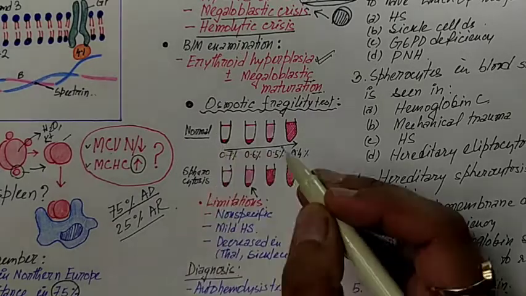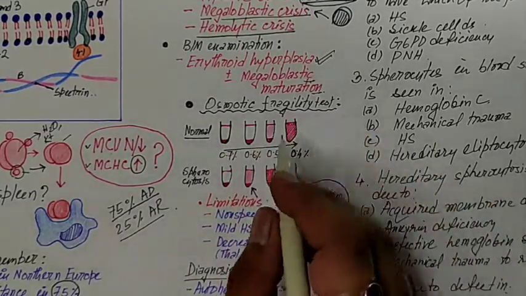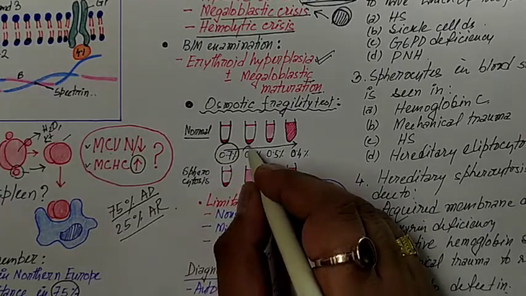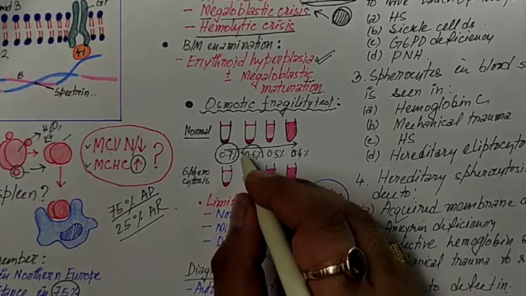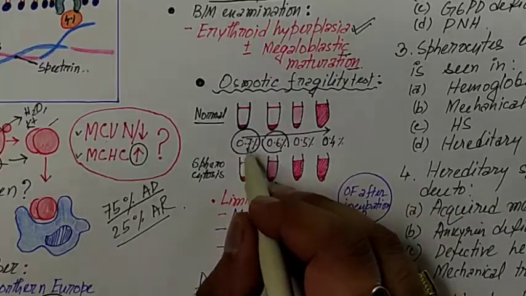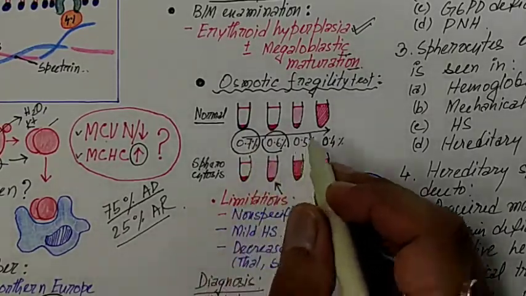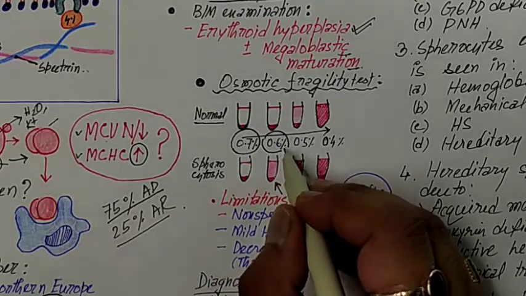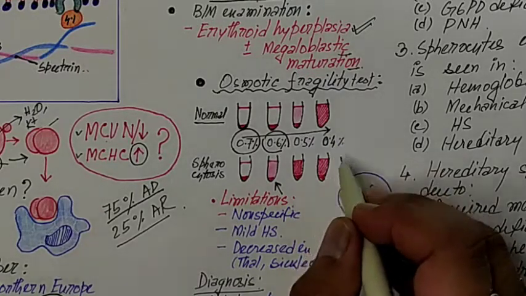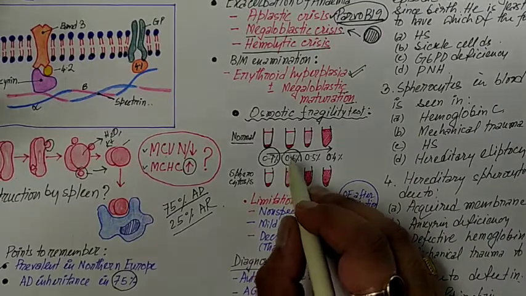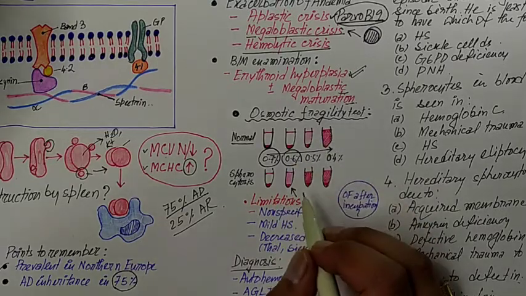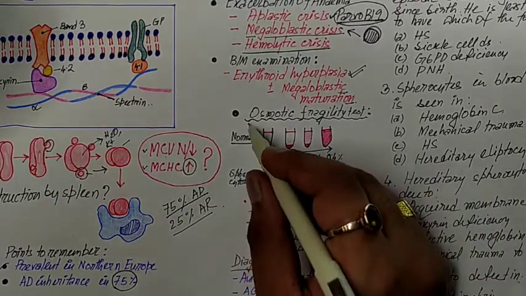We take several test tubes, and in those test tubes we take various concentrations of saline. That means there is presence of saline in decreasing order. The first test tube has 0.7% saline solution. In the next tube there is 0.6%. Then in the third tube there is 0.5%, and in the fourth tube there is 0.4% saline solution. So here we take several tubes with decreasing concentration of the saline solution, and we add the RBCs